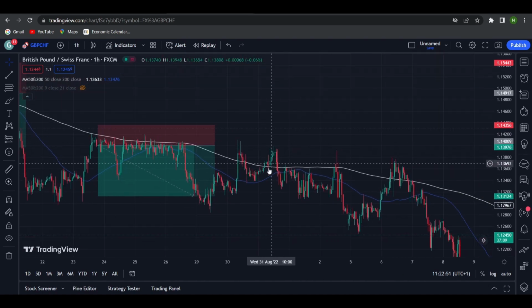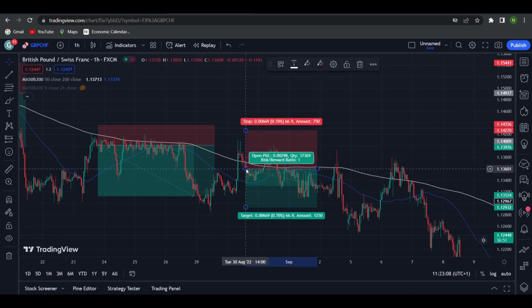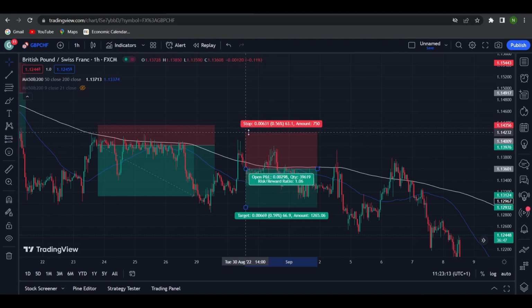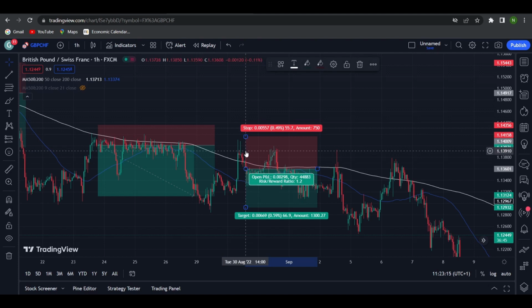Anyway, so the next time that we get a retracement, you'll see this aggressiveness. You can see it wicks out of the moving average and then drops below, and this will have been an alarming sign for me to avoid this trade. But let's say that we got the trade after the red candle right here below the moving average, and set our stop loss to above this wick right here, which is here, you can see,